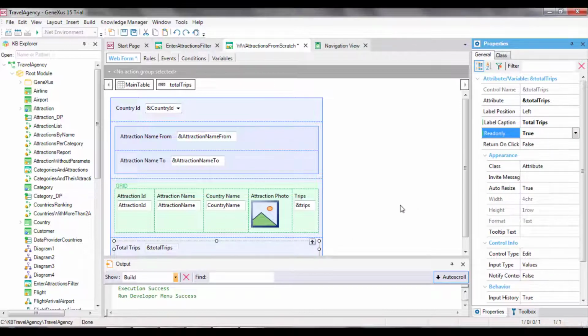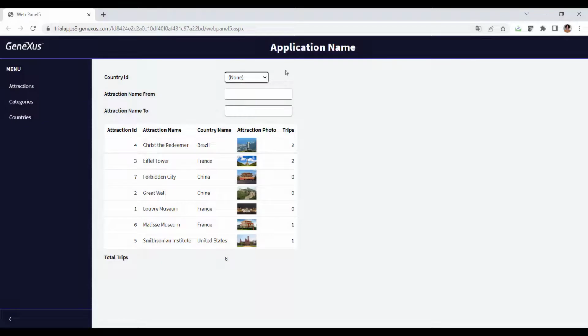We may find it odd that trips, which is also a variable, is shown as read-only even when we did nothing in that sense. When no events have been programmed at the line level, and when they are not run through by code, grid variables will always be read-only. We will be seeing this in detail further ahead.